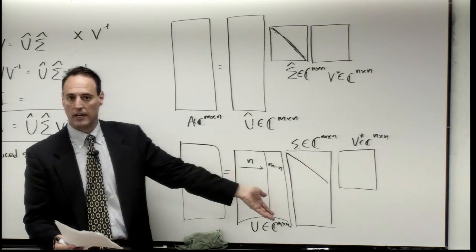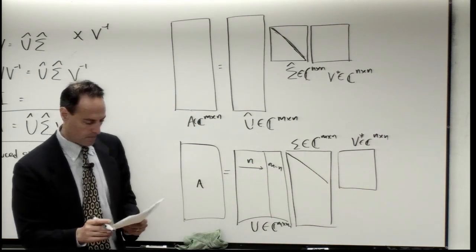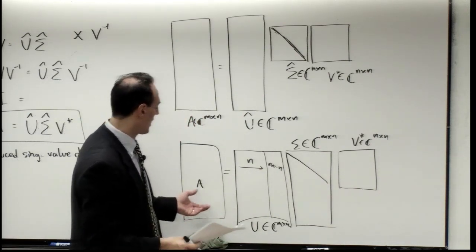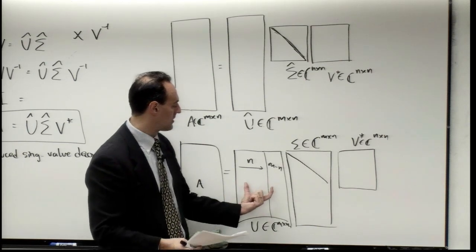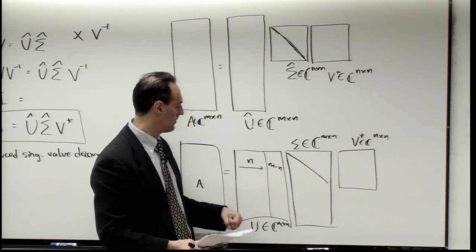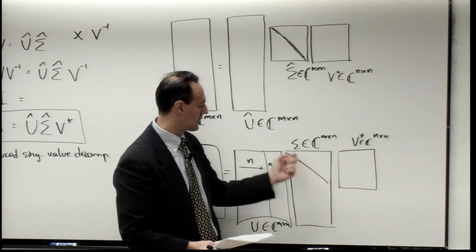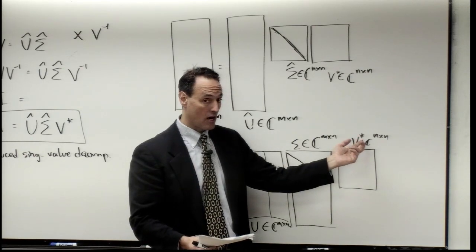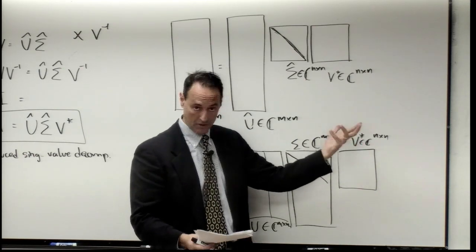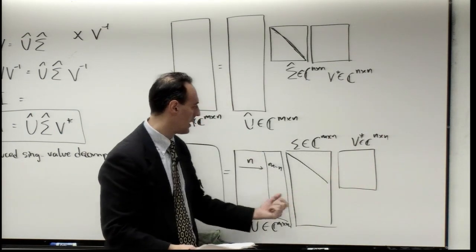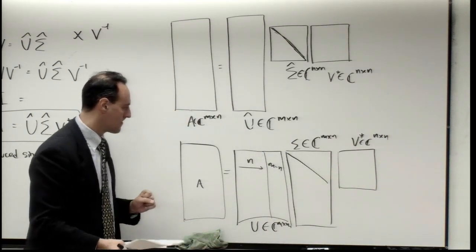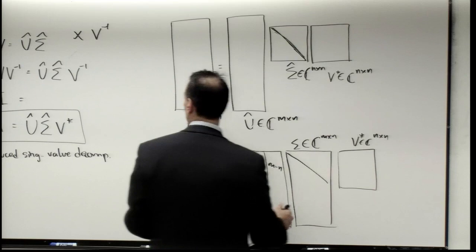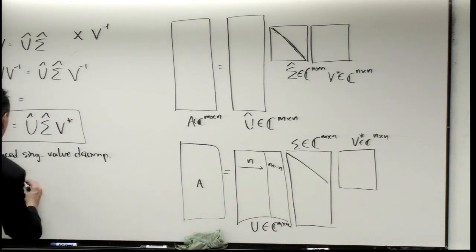This is called the singular value decomposition. Okay? So you take a matrix A, you represent it as some matrix U times singular values Sigma, which are the stretching factors, times V star, which is the complex conjugate transpose, or the inverse, V. U is m by m, Sigma is m by n, V is n by n. Okay? Now, normally the way you order this too is that when you do the singular value decomposition,